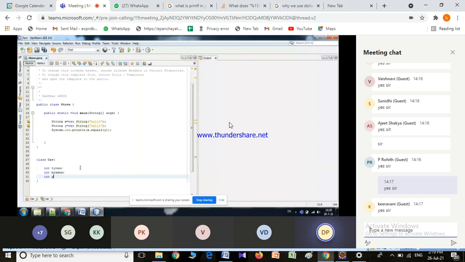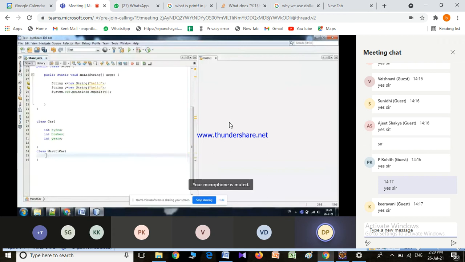Now I am having a Maruti car. They want to make use of this parent class and, on top of it, add some additional functions.